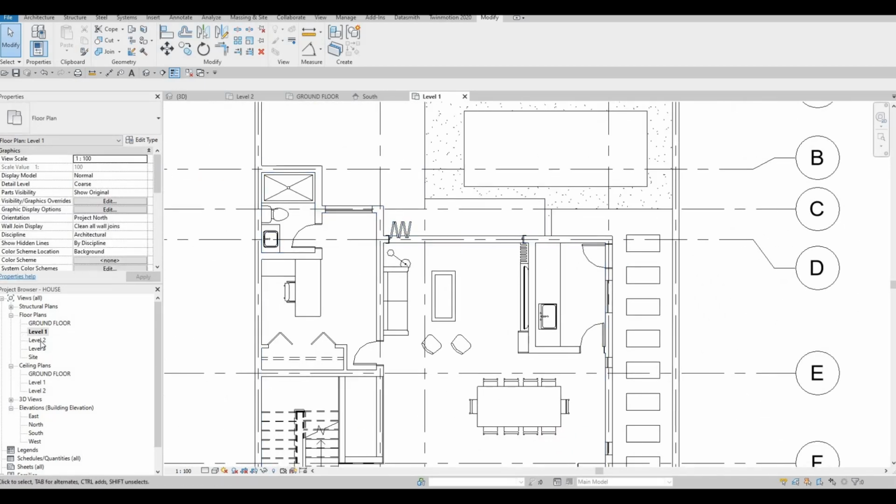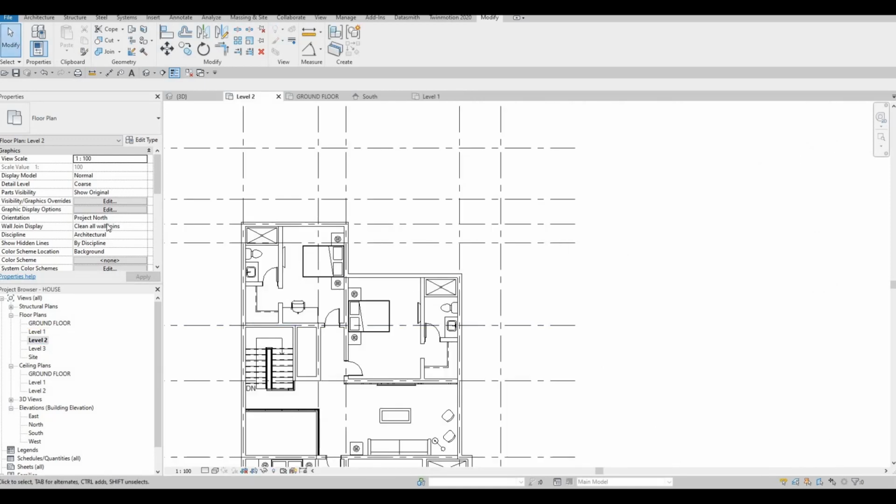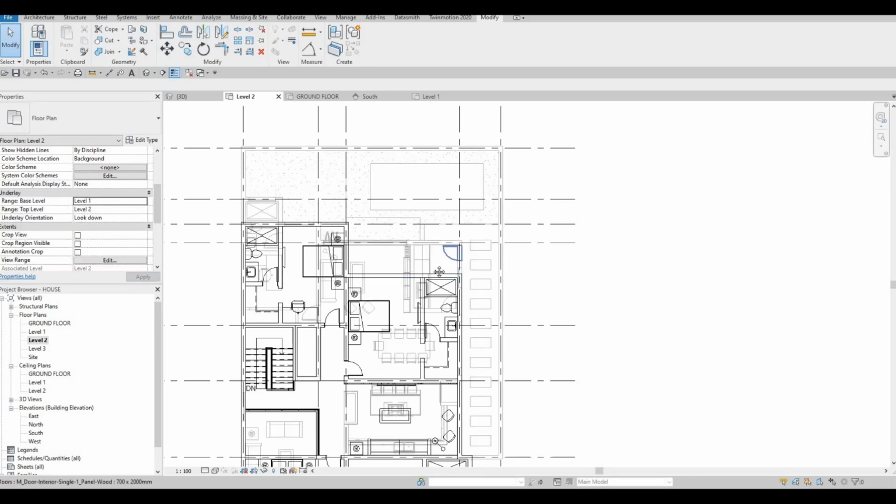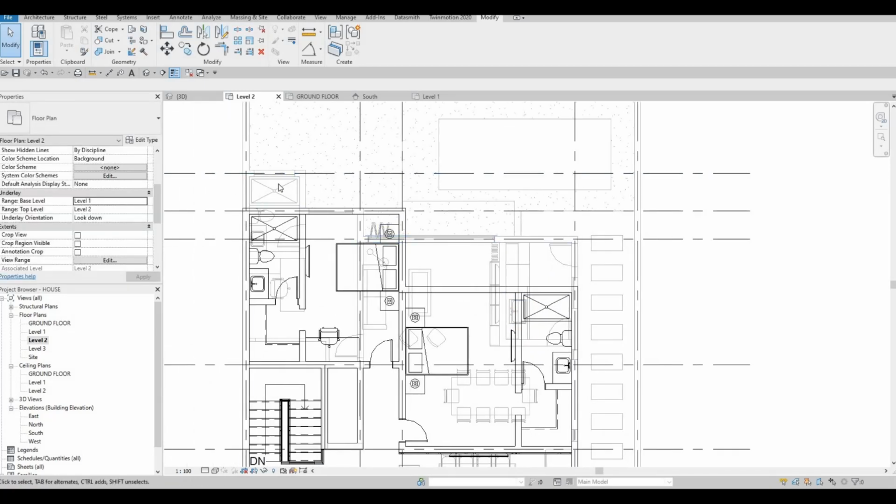I think I'm not seeing it. So I'm gonna do an underlay instead to level 1 to see where it is. So here we have this portion extruded and this one as well. So we just need to